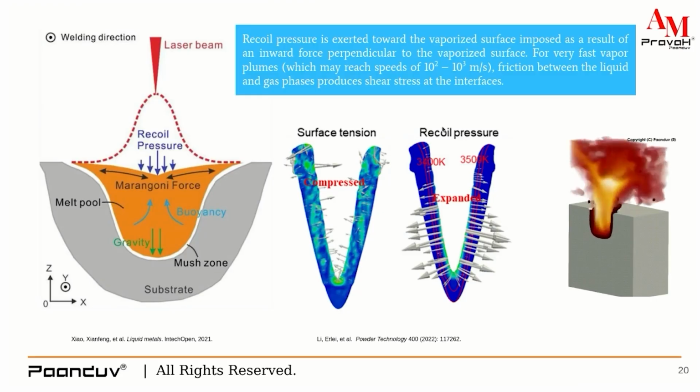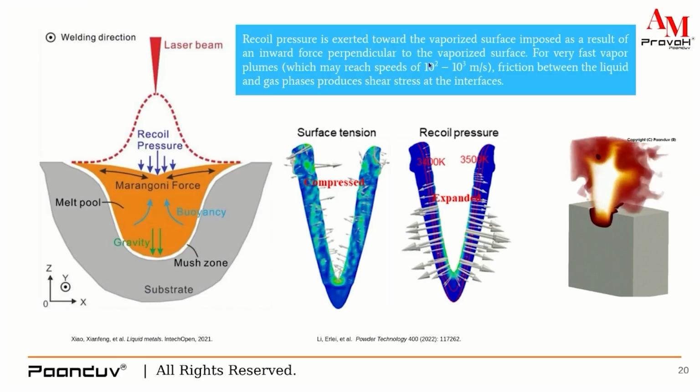Apart from that, recoil pressure is also very important because of a very fast vapor plume ejection, which almost reaches a speed of 10 raised to power 2 to 10 raised to power 3 meter per second, and it creates friction between the liquid and the gas phases, which produces shear stress at the interfaces. Hence, the accurate prediction of the vapor phase is very important, and hence with the help of AM PravaH,